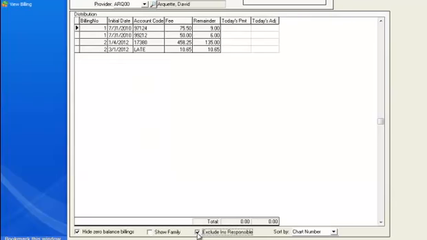We definitely want to exclude insurance responsible if it has them on here, because in this case, we don't want to apply a payment towards something that the insurance still hasn't paid for yet. So we would want to exclude insurance responsible in this particular instance. It doesn't get rid of anything because that's all he has on his accounts are things that are responsible by him as the patient. We're going to have these four options,